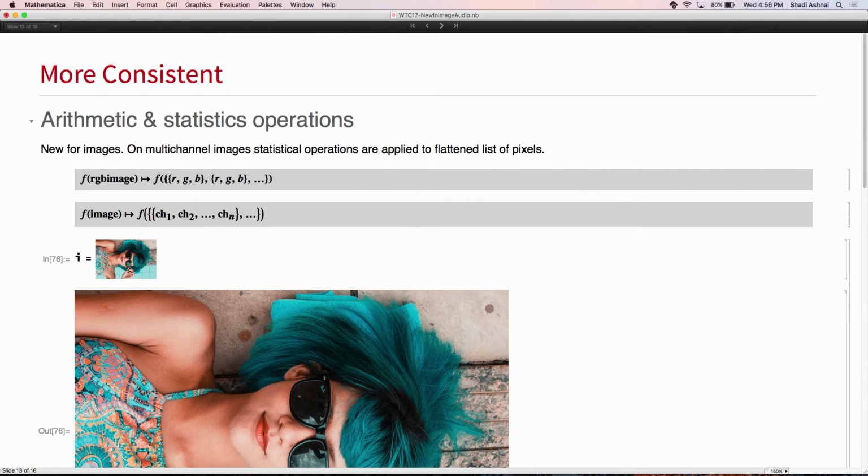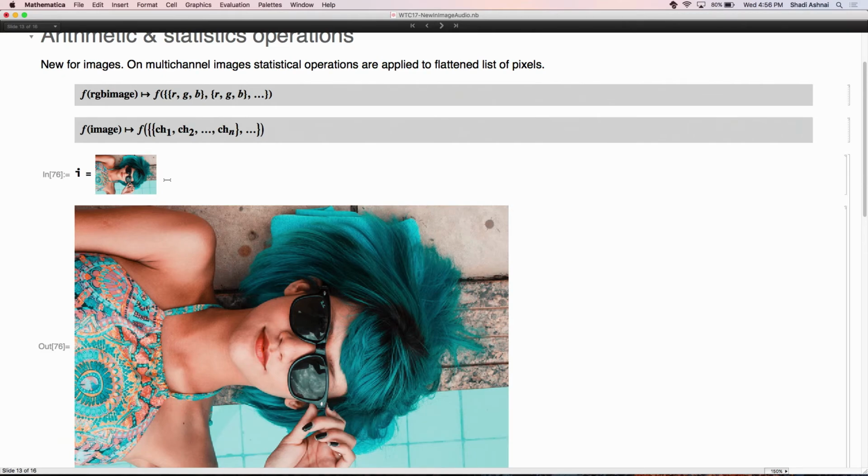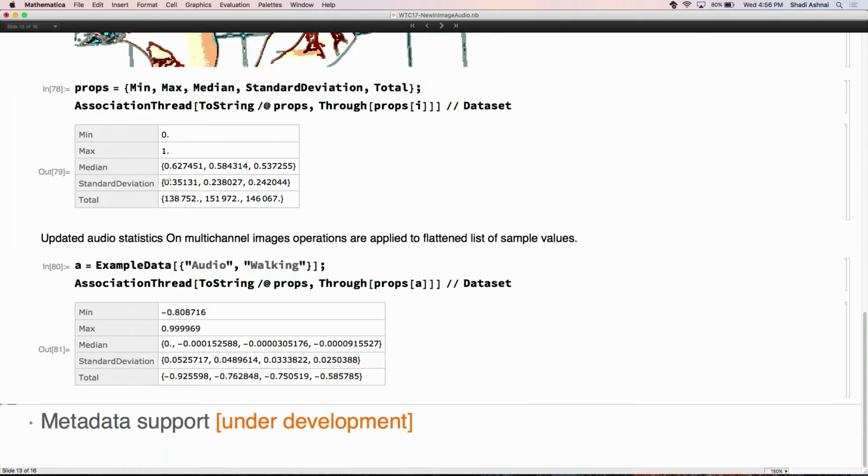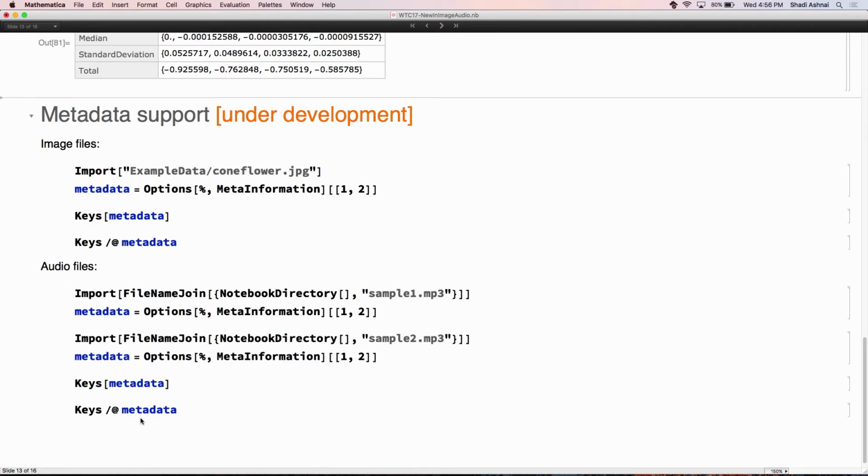But if the function mean maps over those channels, we as well map over channels for image objects, similarly for audio objects. I think this was one of the difficult design discussions for us. Now that we have come to this conclusion, it seems trivial, but it's very convenient to remember how all of these work and how they relate to the original behavior of the functions.